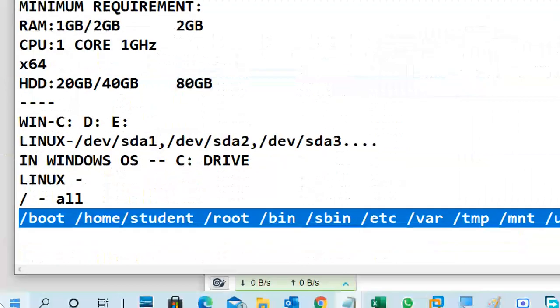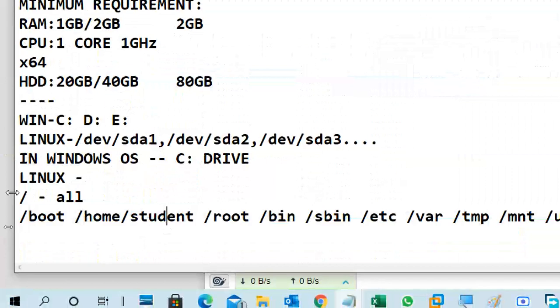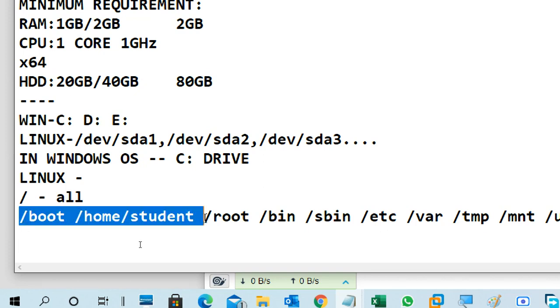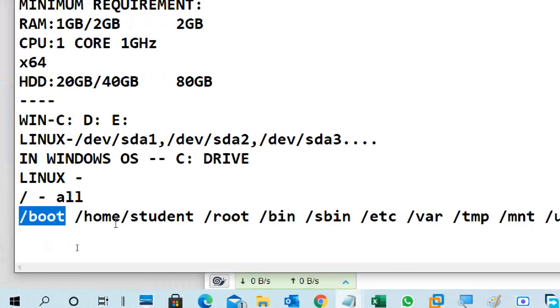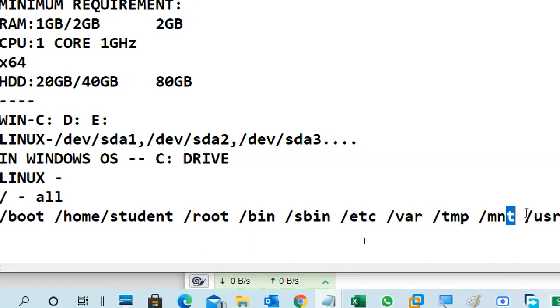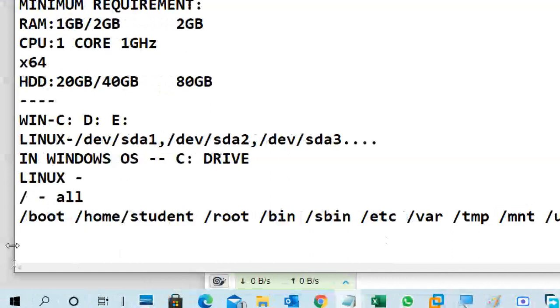The same thing in Linux: slash means the root directory, and under slash everything will be available. Important directories are /boot, /home, /root, /bin, /sbin, /etc, /var, /tmp, /mnt, /usr, like that.